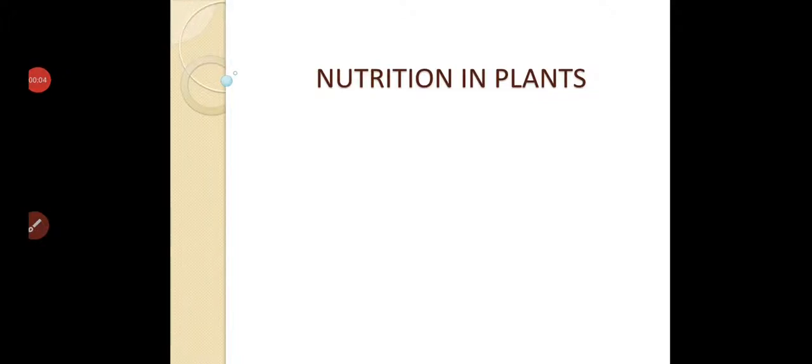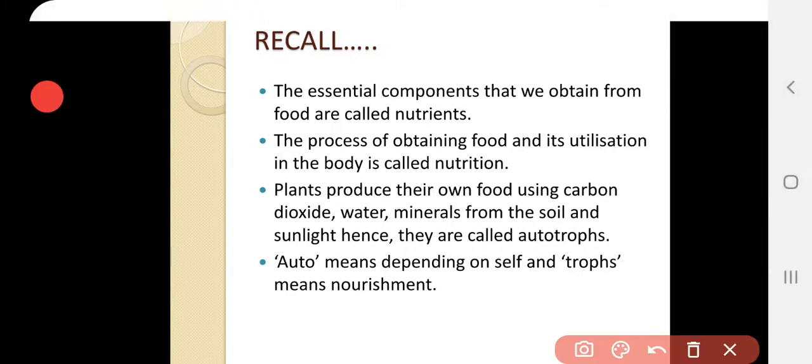Today, we are going to recall the important points in chapter 1, Nutrition in Plants. First, the essential components that we obtain from food are called nutrients. So the components of the food, like carbohydrates, proteins, vitamins, and fats, are all nutrients. And the process of obtaining food and utilizing it in our body is called